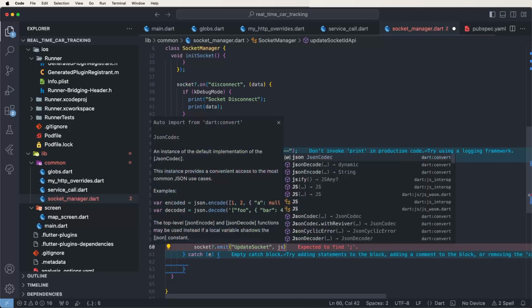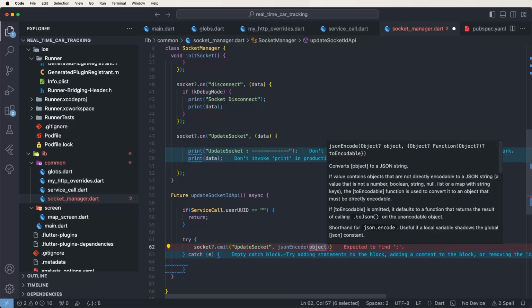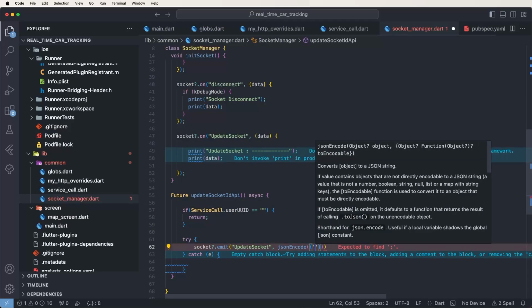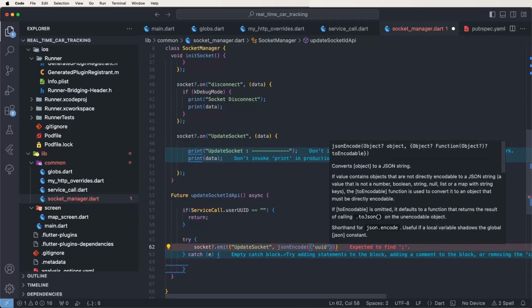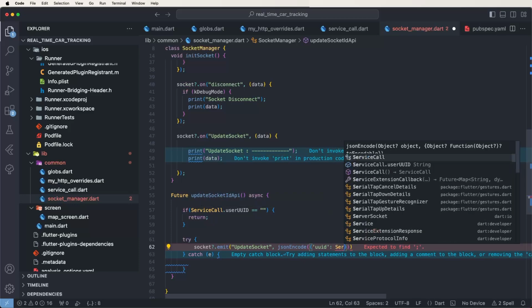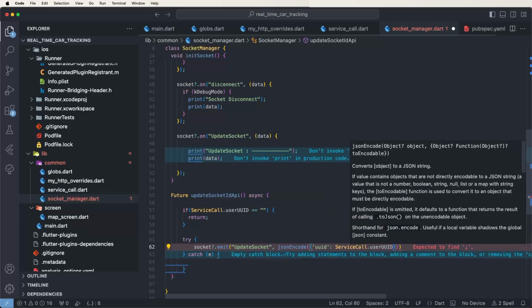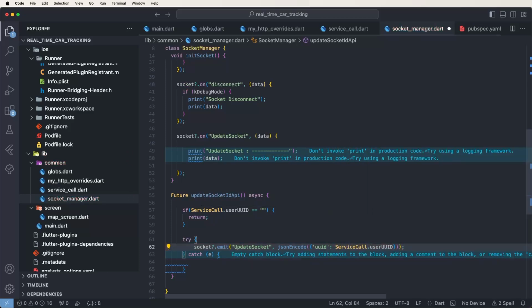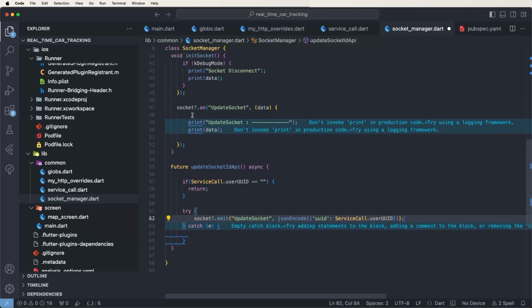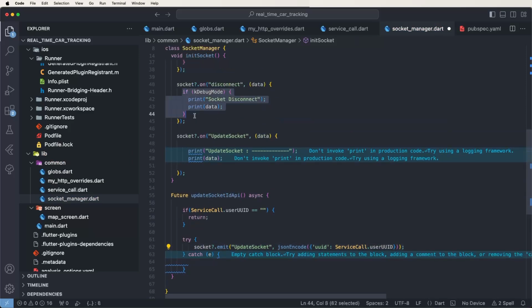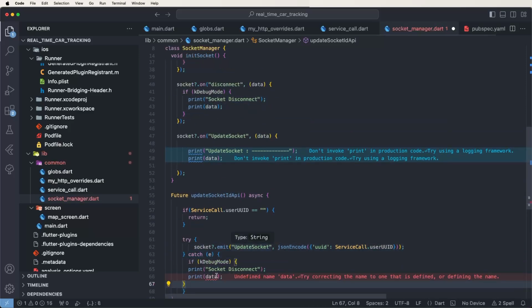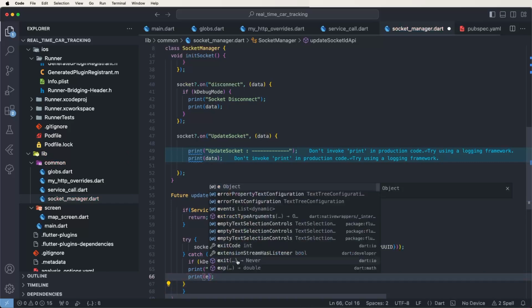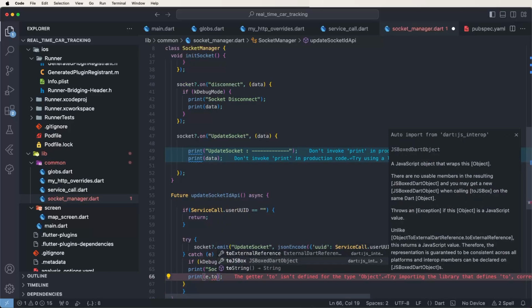calls and JSON encode. Pass the UDID here, like these parameters need the user UDID, like this to call. If it gets any errors, now we need to copy this flag, write it down here, and show the e dot toString,